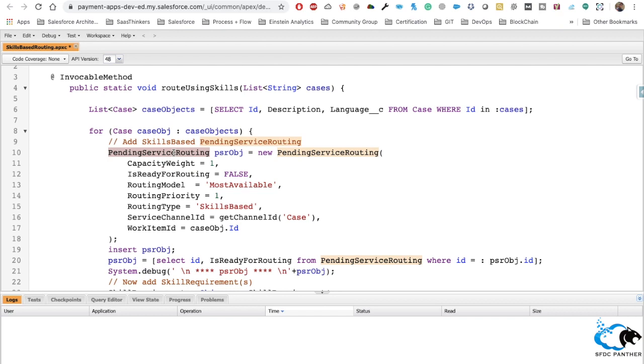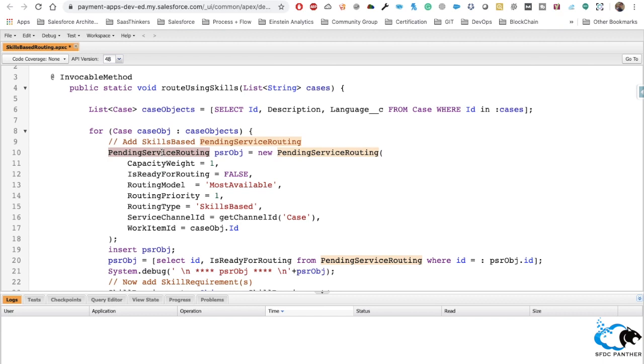And if you don't find any agent, it will be in the queue, or we can say in the backlog, so that whenever it gets a suitable agent, or whenever the agents are free from their previous work, this particular item will get routed to that agent. That's what the object name indicates itself, pending service routing.